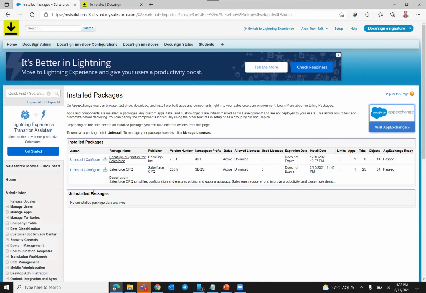In the App Store we have many DocuSign packages, but the exact one is DocuSign eSignature for Salesforce, and currently I'm using version 7.8.1. Once you install the package from the App Store, an app will be available for your administrator to use, DocuSign eSignature.